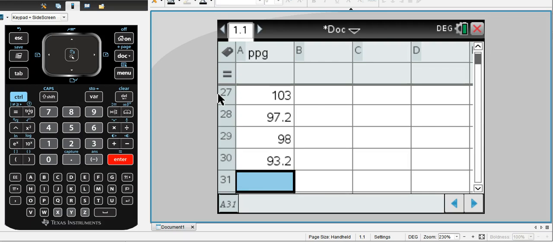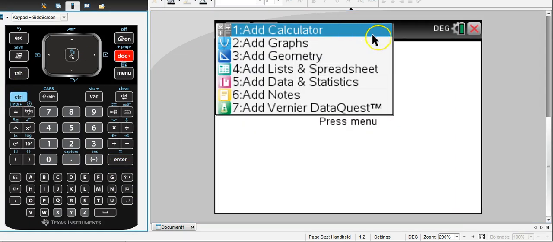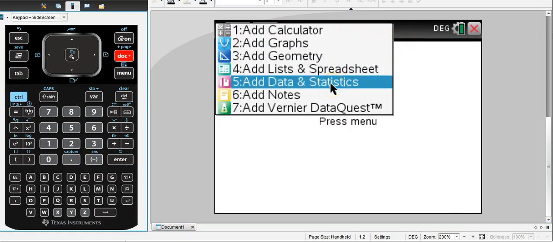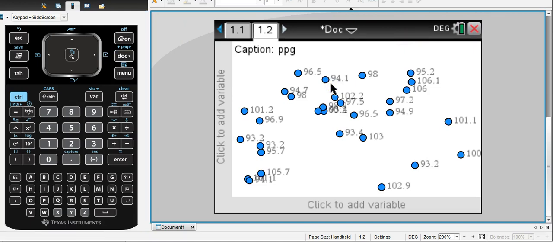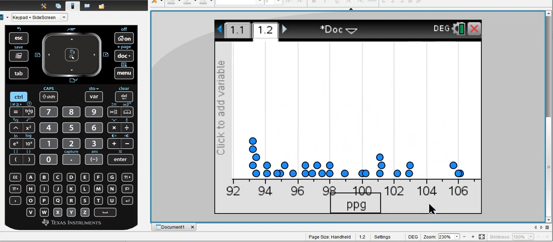The next thing we're going to do, once again, is to go to Control Doc and open a Data and Statistics page. That's how you make statistical graphs. You're going to go down to the bottom where it says Click to Add Variable and push the center of your click pad to do that. And you'll notice a list of variable names will drop down. If you have more lists in this particular document, you might see more than just this. Then I'm going to go over and select my list name, and it automatically makes a dot plot of the